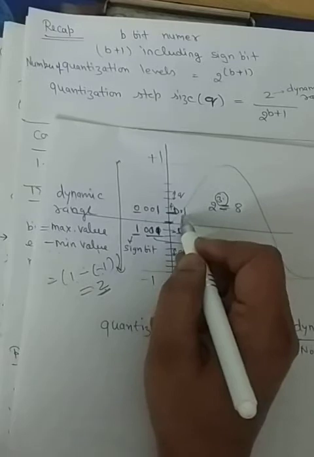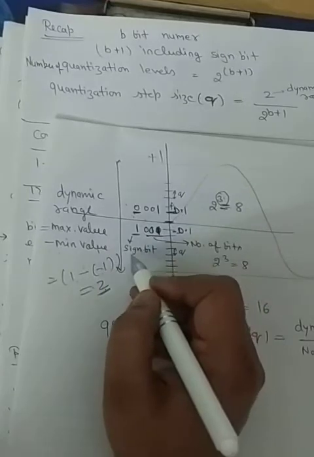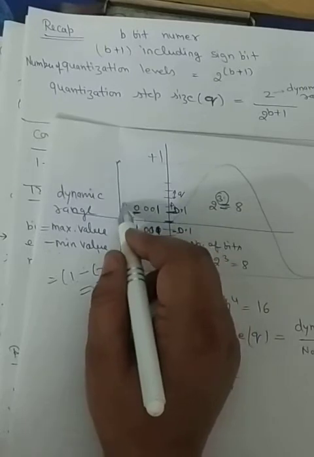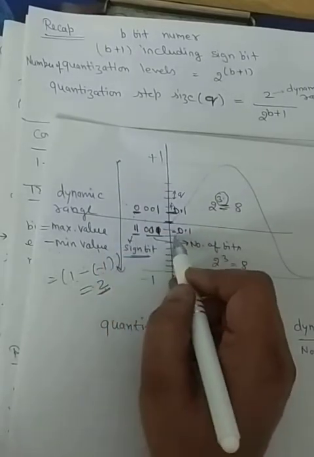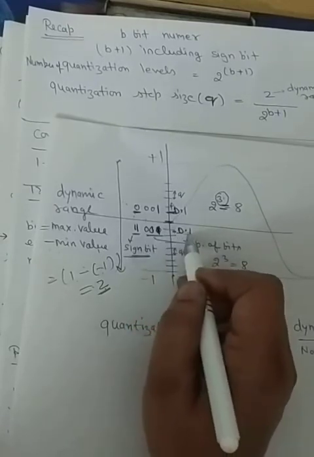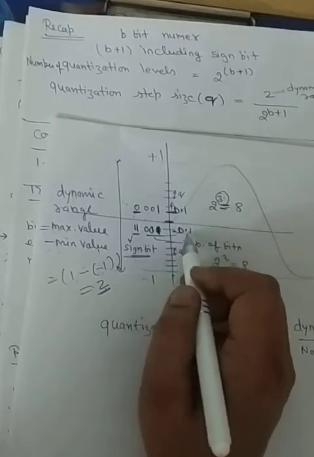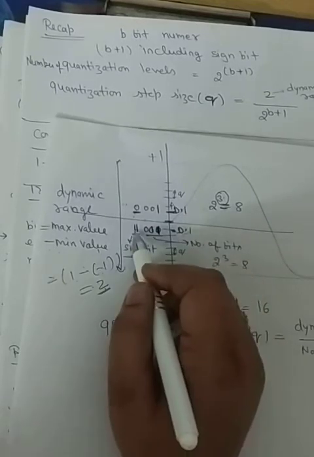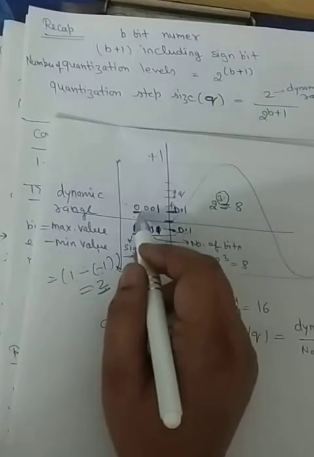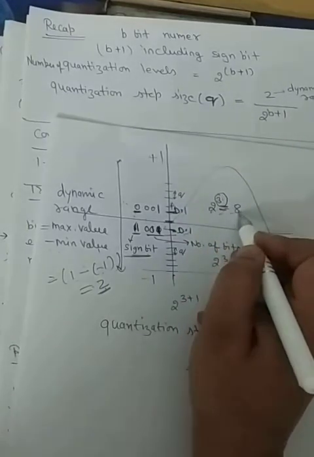But if we add one more bit indicating the sign bit, in which case 1 represents the minus sign and 0 represents the positive sign. So for example, this -0.1 level is assigned 001 value after discretization, and the minus sign is differentiated by this sign bit. If 1 is here, it indicates the minus sign. If 0 is here, it indicates the plus sign. So 2 raised to power 3 will give 8 different combinations.